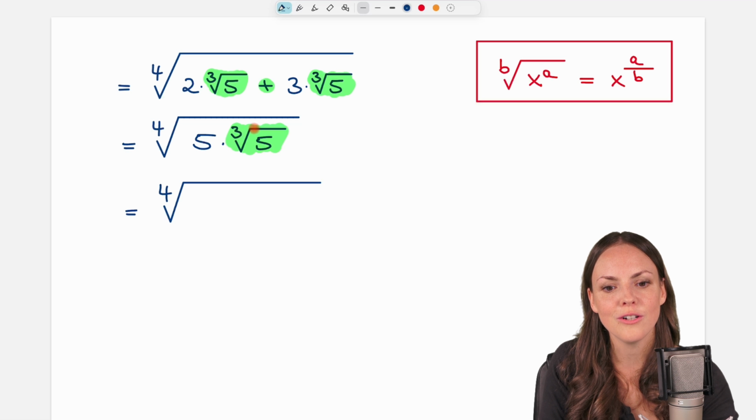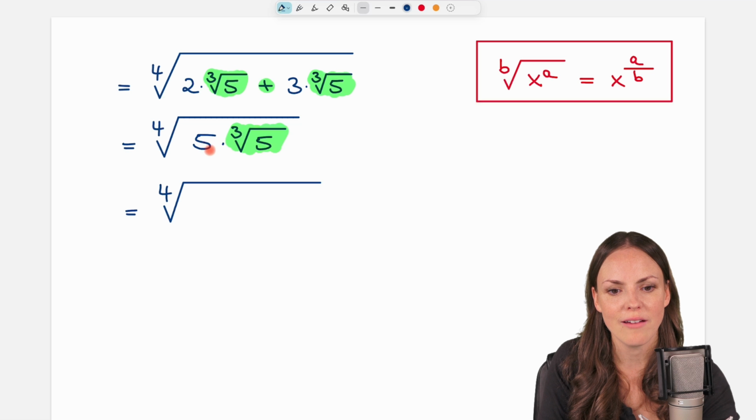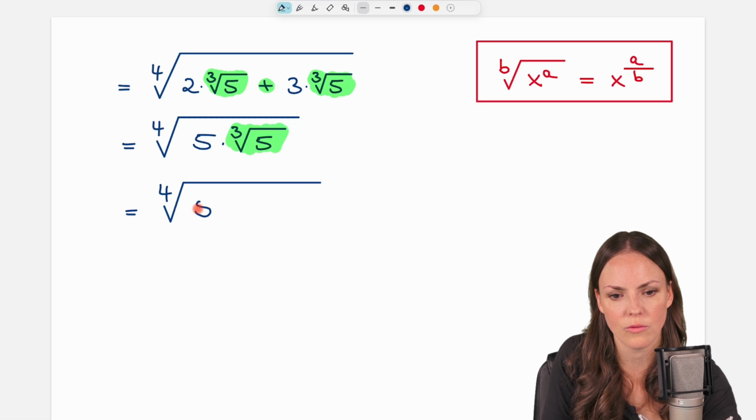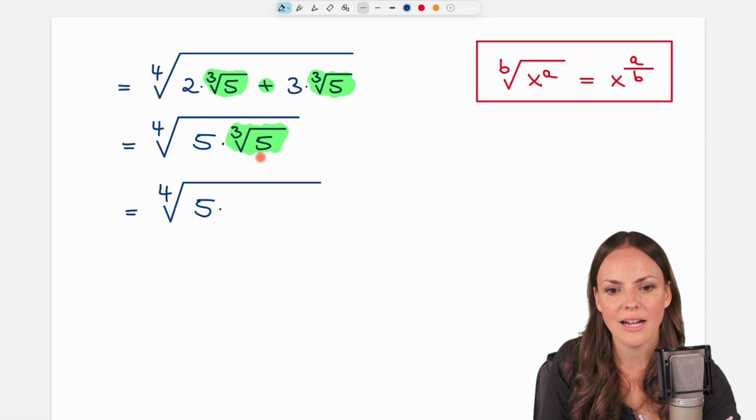So let's convert this root into a power. So we have the 5 times in front of this. And now let's apply this rule. We have our b is the 3. Our x